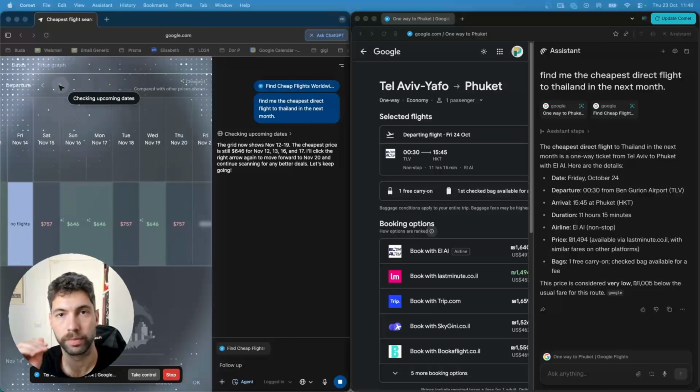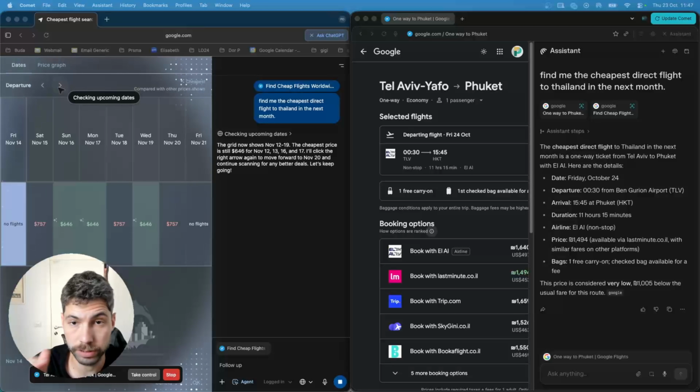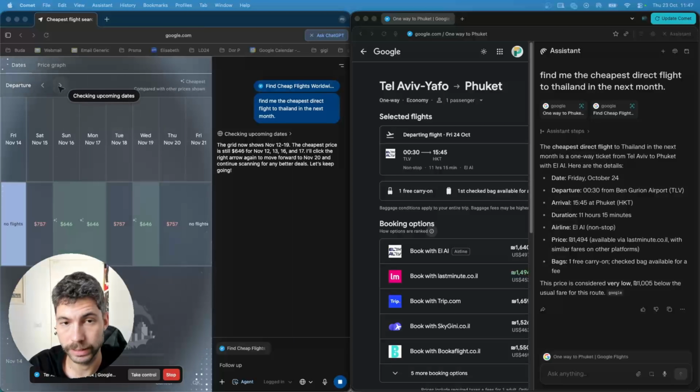In this episode, I'm going to cover two of the new AI browsers. One of them is from Perplexity, it's called Comet. The other one is ATLAS by OpenAI. And what I'm going to do is give the same task to both of those browsers, and I'm going to test which one performs better. So stick around. All right, so in order to test those two browsers, what I did is I opened both